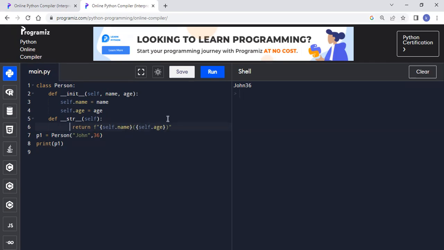I guess you guys are clear with this one. Now, after this, I want John and 36 to be displayed on the screen. No, why will you give data first before creating an object? You don't know from where you are going to get the chalk. You're just telling me go get the chalk. From where are you going to get the chalk? And who is going to get the chalk? If you write the data before creating an object, it is as good as,